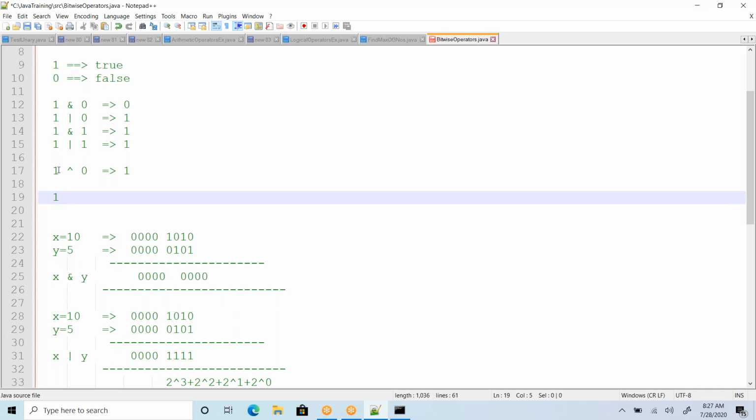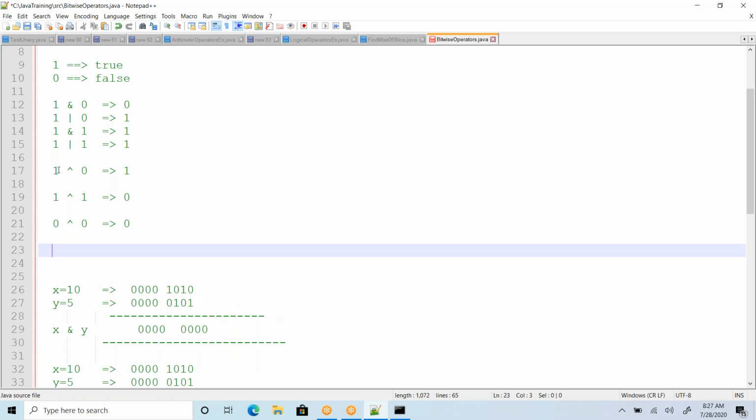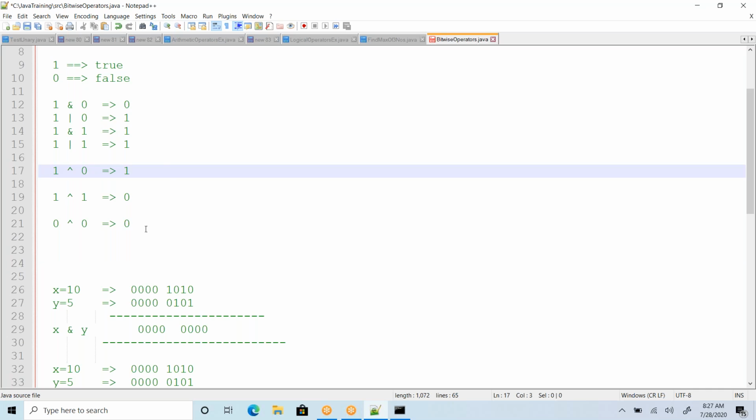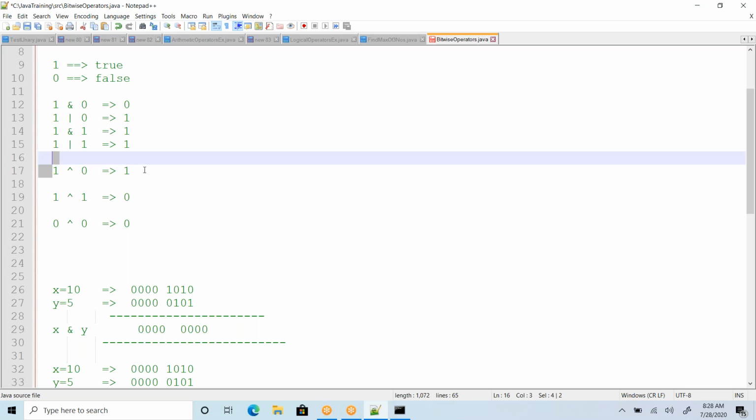If the bits are the same, 1 exclusive OR 1 gives what? 0, and 0 exclusive OR 0, bits are the same, then it leads to 0. So 1 with 1, 0 with 0. This is how it evaluates, correct? If bits are the same, it evaluates to 0. If bits are different, it evaluates to 1.